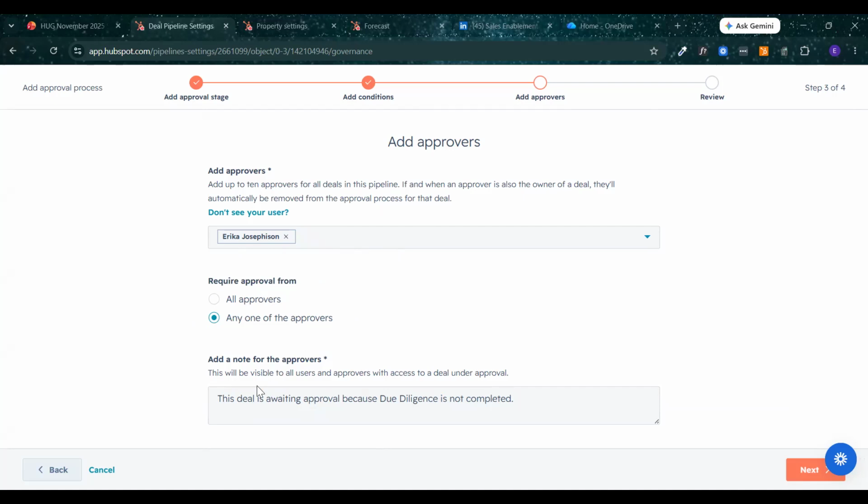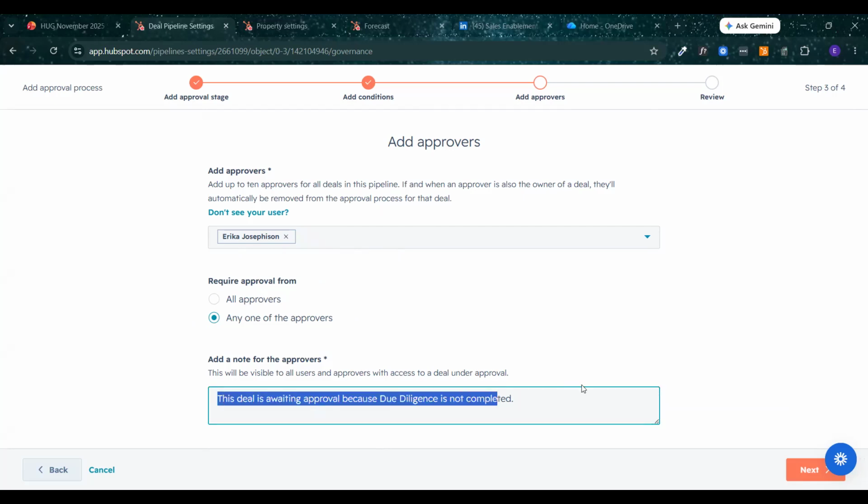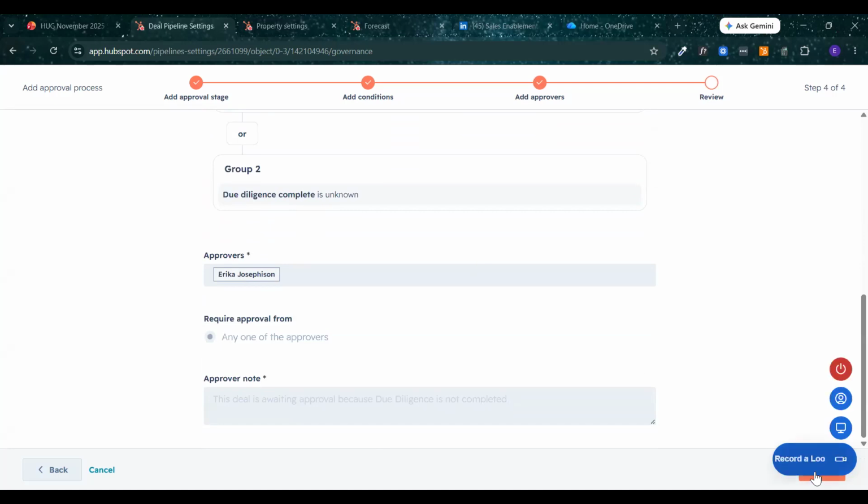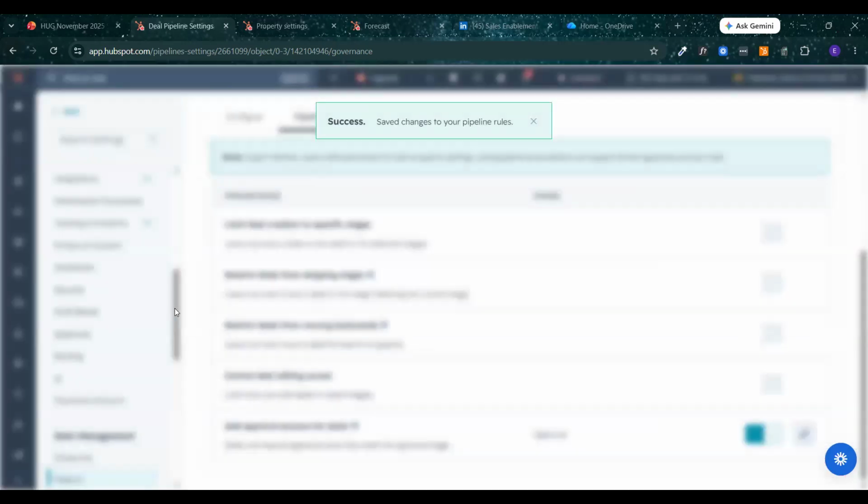You can also have a note for the approvers, which explains why they need to look at and approve that deal. Of course, they can always decide not to approve the deal, in which case it would go back to the person who tried to move it, the sales rep, and tell them that their deal was not approved. They would be able to say why they are not approving it, like, you didn't finish completing this. And so then that can be added there. So you can see all the stuff. I won't make any changes.